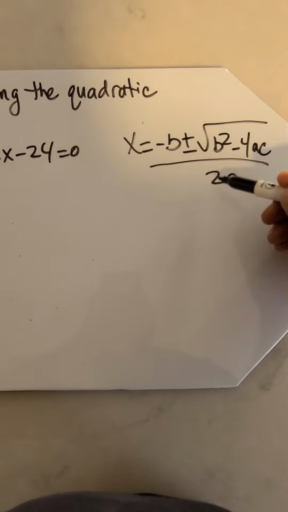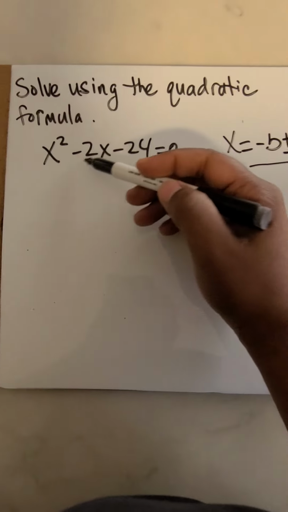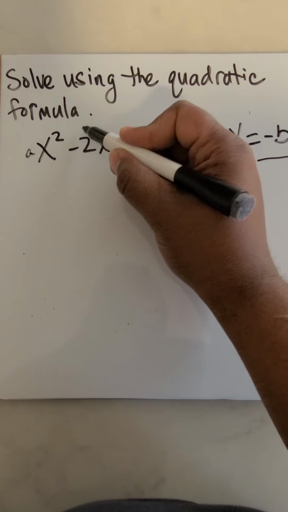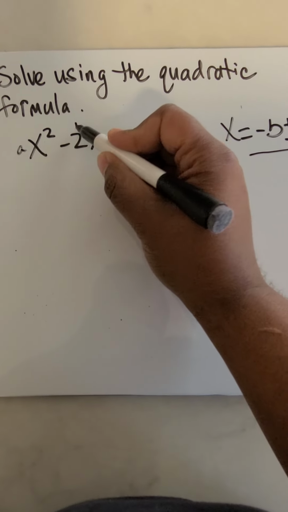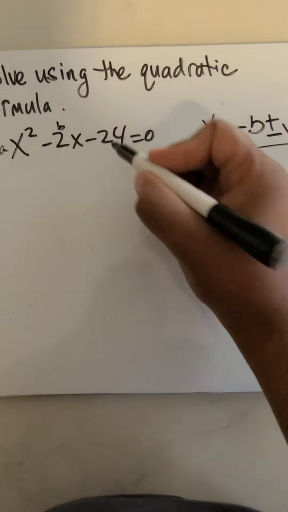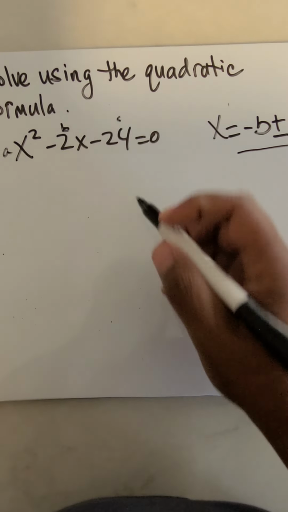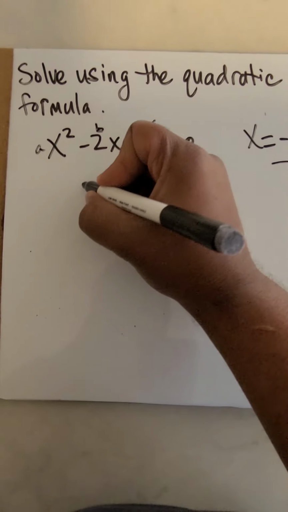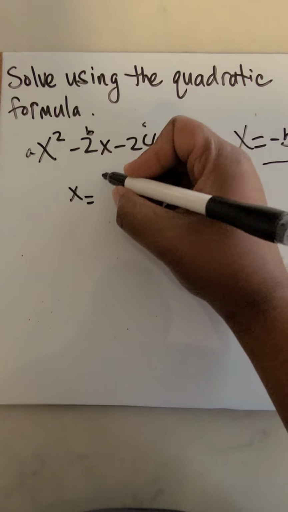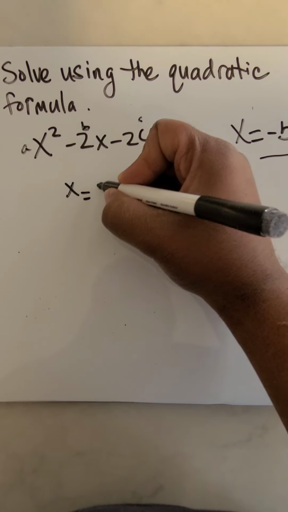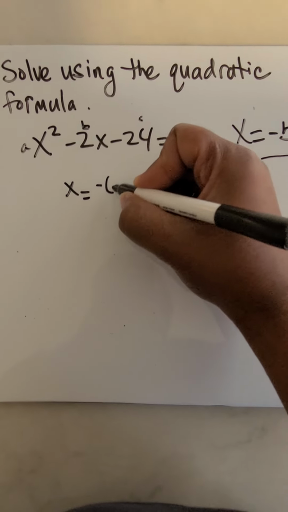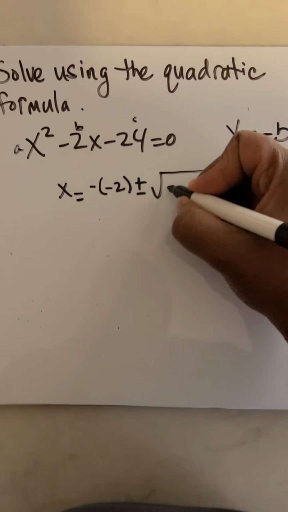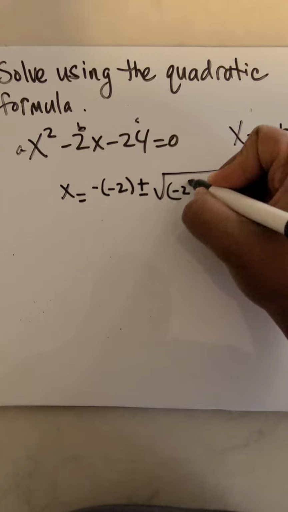Okay, now the a, b, and c are constants within this equation. So a will be 1 in this equation, b will be negative 2, and c will be negative 24. Now we simply just plug in. So we have x equals a negative 2 plus or minus square root of negative 2